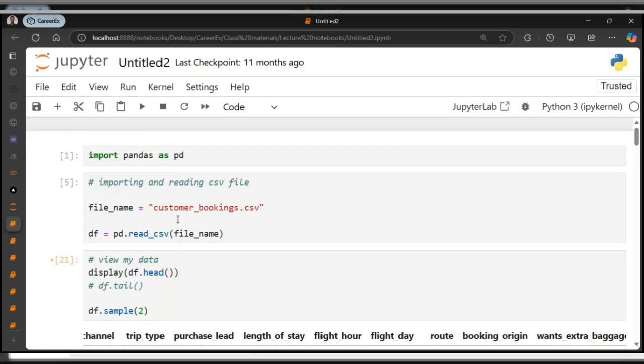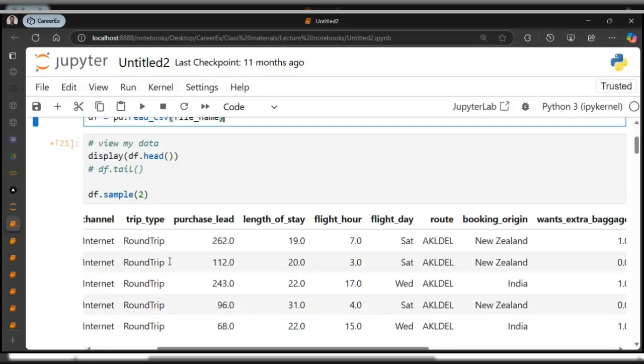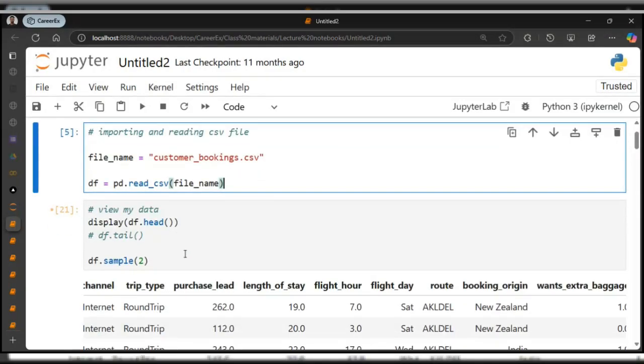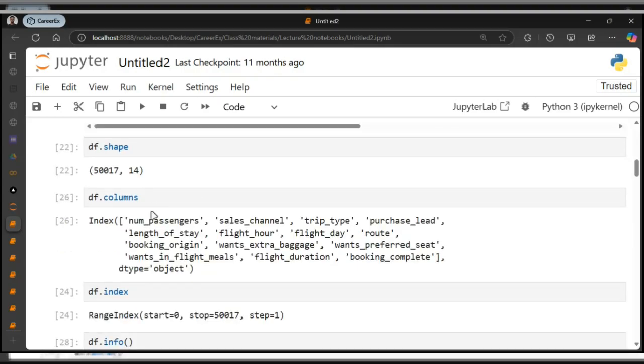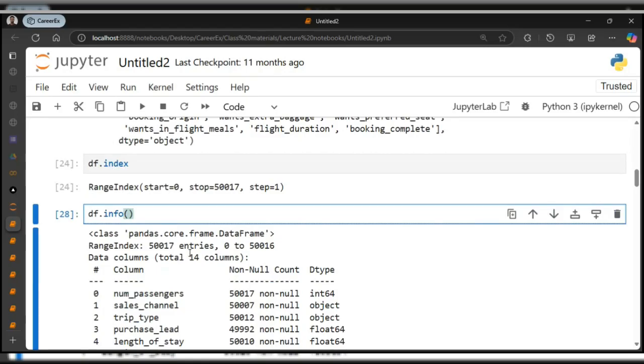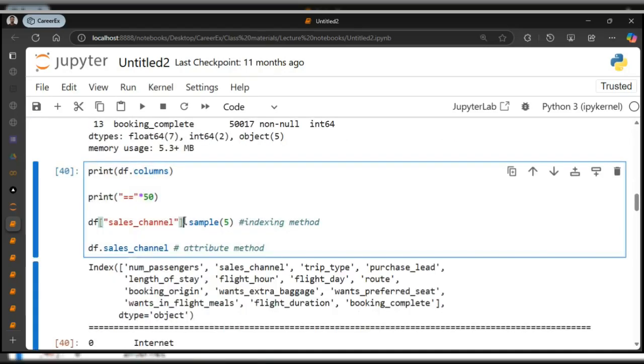I told you to make sure that this particular file name is in the same directory. Don't make that mistake, because I'll give you an assignment this week, and probably some of you would find that issue persistent. So make sure that you follow this instruction here. And I showed you how you can view your data frame using several functions, df.head, df.tail, df.sample. I showed you how you can get the column names, index, using the info function to get very comprehensive information about your data set,